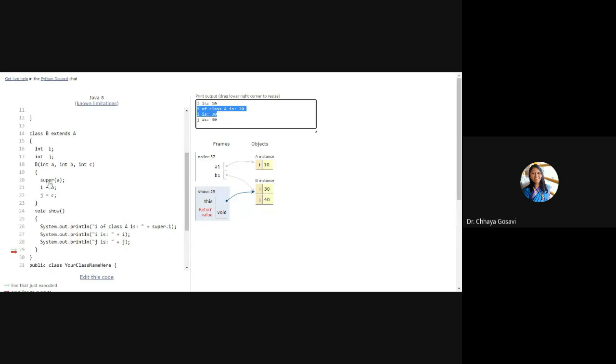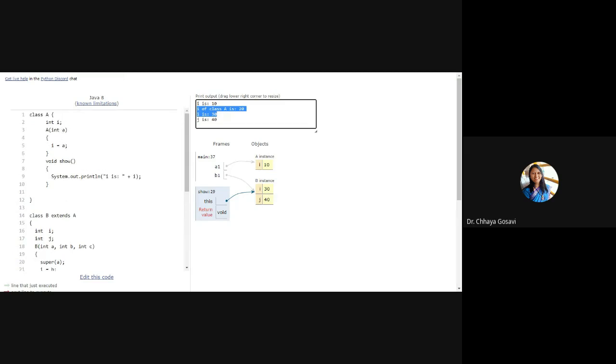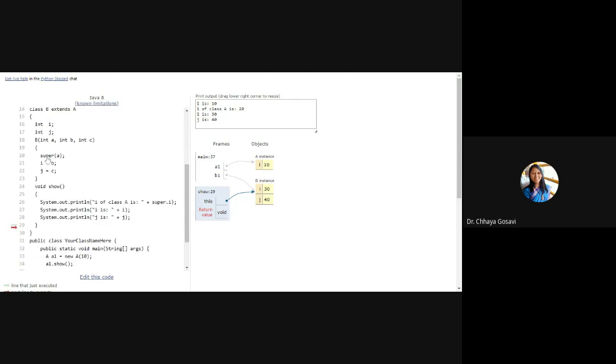Whenever we use super for a constructor, it should be the first statement. In this class we have a constructor with only one parameter. If I have a constructor with two parameters, then I need a constructor here, int a comma int b, and from it I have to pass super a comma b. So it will call the constructor which matches this list of parameters.